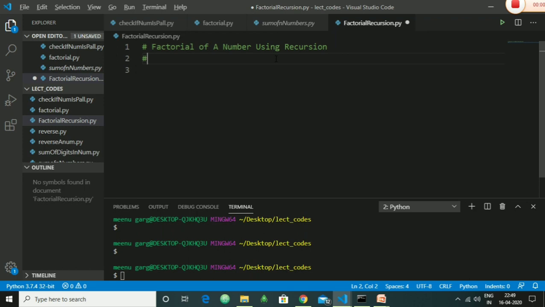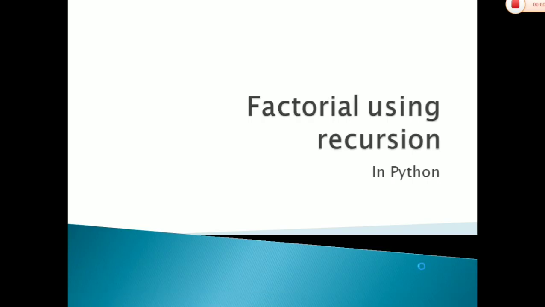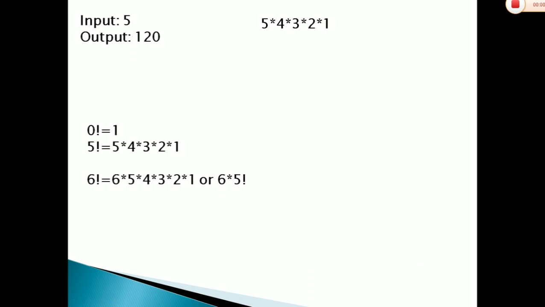So what is there in it is that basically we are going to make a function, but when there is a self calling function, then it is called recursion. Okay, means it calls on its own. Like we are going to see what happens. First of all, let's see what our problem is. We have to find the factorial as we have seen in the previous one.